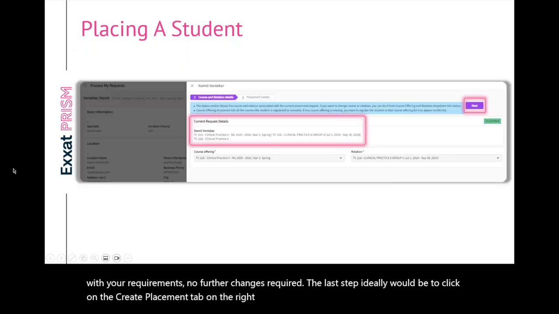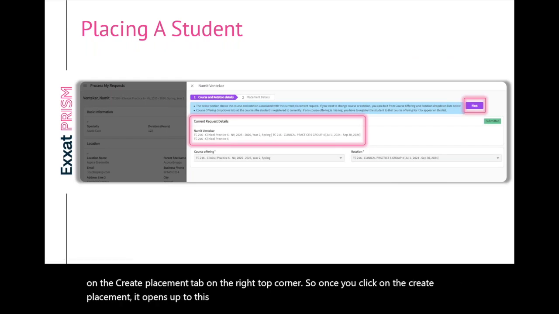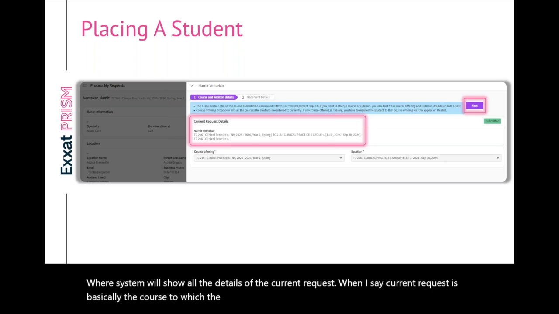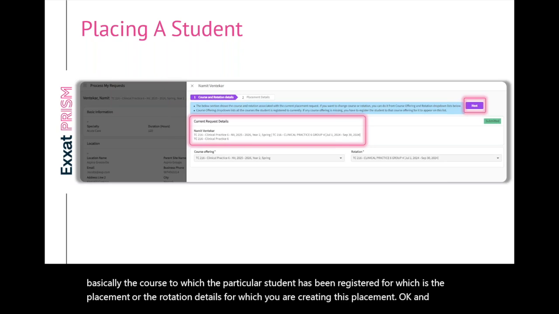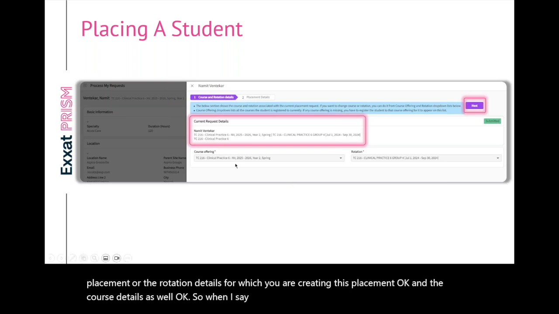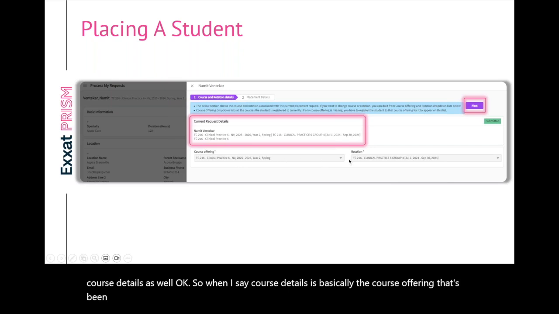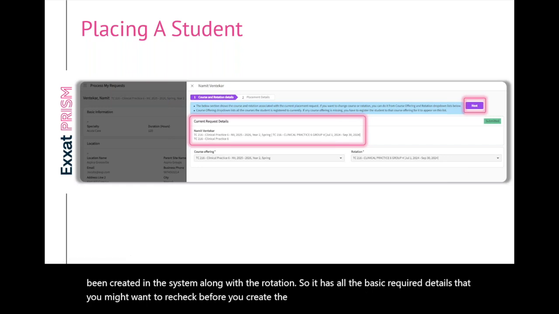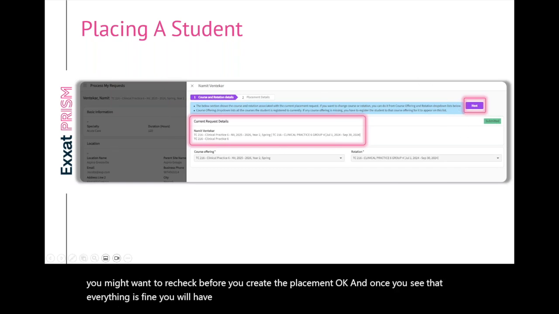Once you click on create placement, it opens up to this section where the system will show all the details of the current request. When I say current request, it is basically the course to which the particular student has been registered, which is the placement or the rotation details for which you are creating this placement. And the course details as well. When I say course details, it is basically the course offering that's been created in the system along with the rotation. So it has all the basic required details that you might want to recheck before you create the placement. Once you see that everything is fine, you will have to click on the next button,